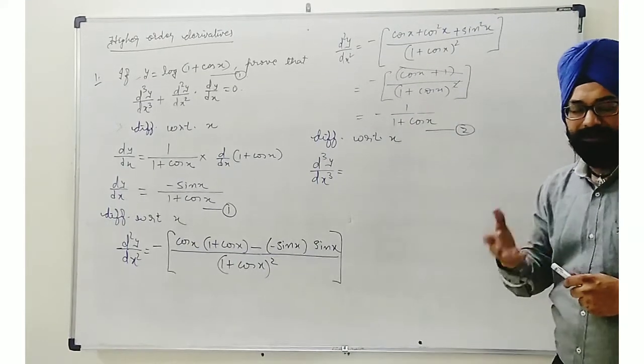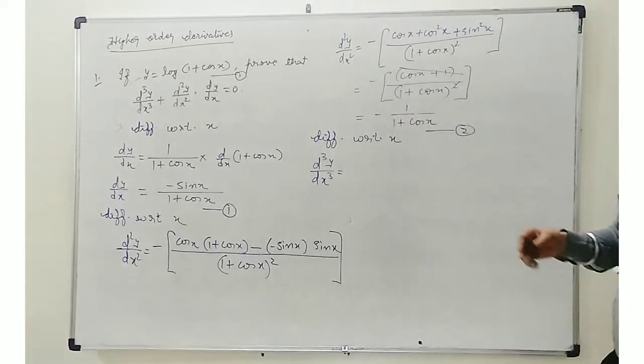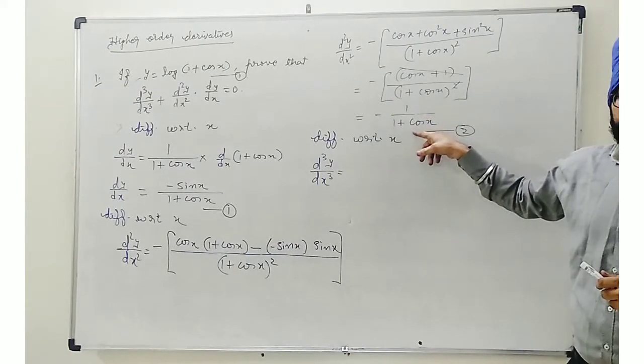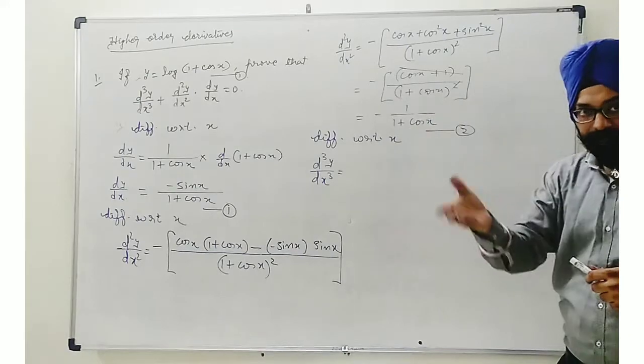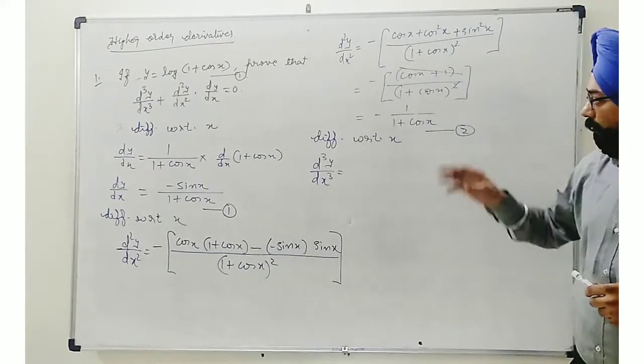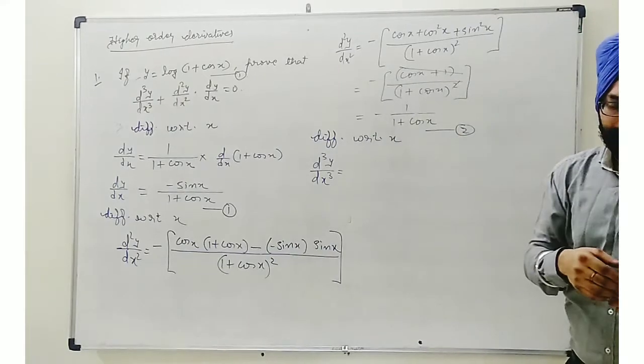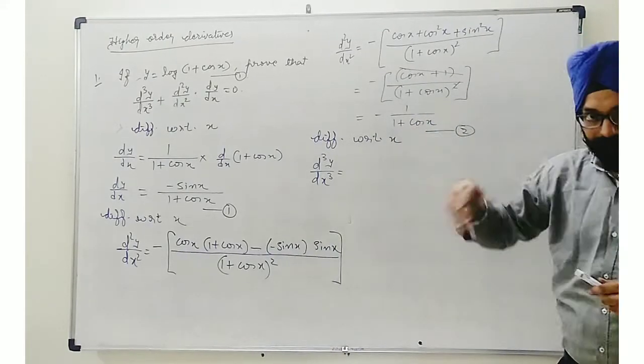Whichever is convenient to you, that method you can apply. Otherwise, this can be taken as 1 upon x type function, and then you can do it directly. Or third method, 1 plus cos x, you can apply trigonometric identities and simplify. After that, you can